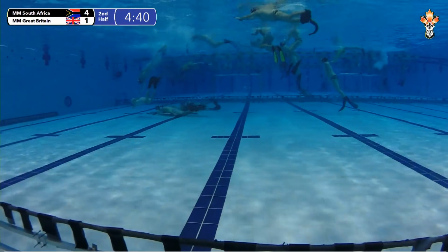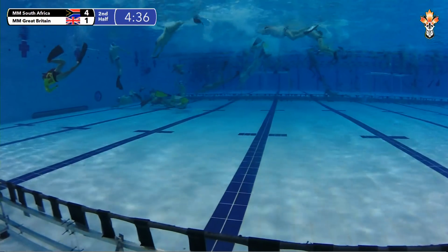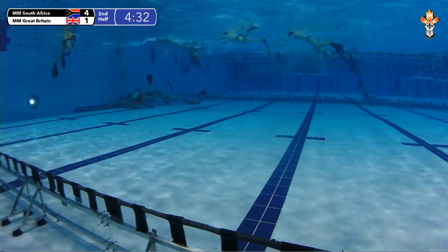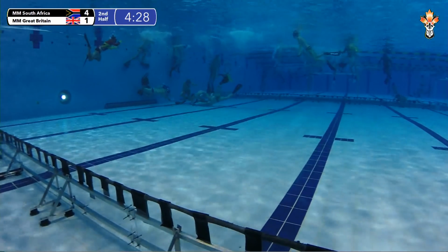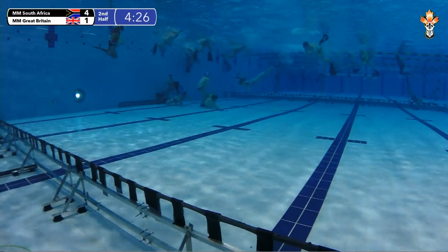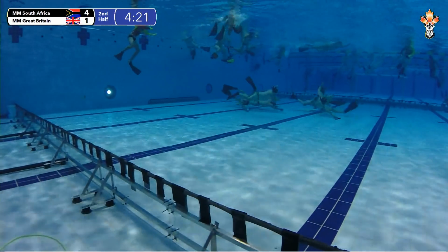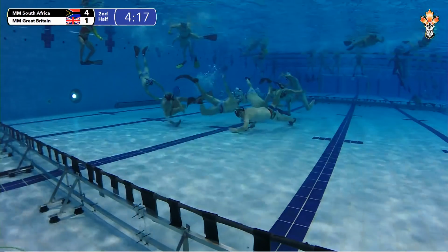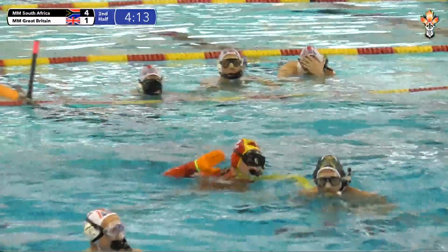Tomek Good spending too long on the puck there, and he's robbed of possession. Well, it's Marius who did that, and he's had a good rest, so he can stay down there for a while. Drive off the GB goal tray, but straight down the middle to the oncoming South African, Darren Hanna. They're trying to just force it back into the 6 metre area around the goal. Well picked up there by Team GB. The advantage was played